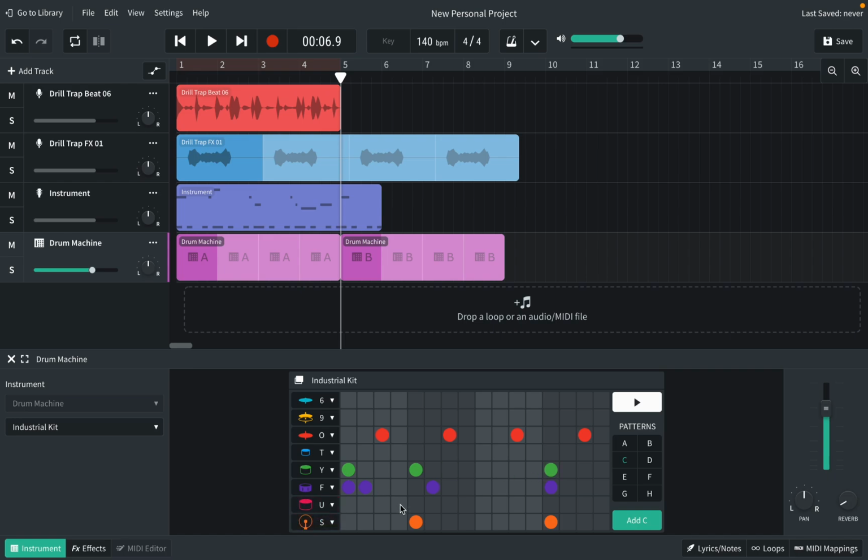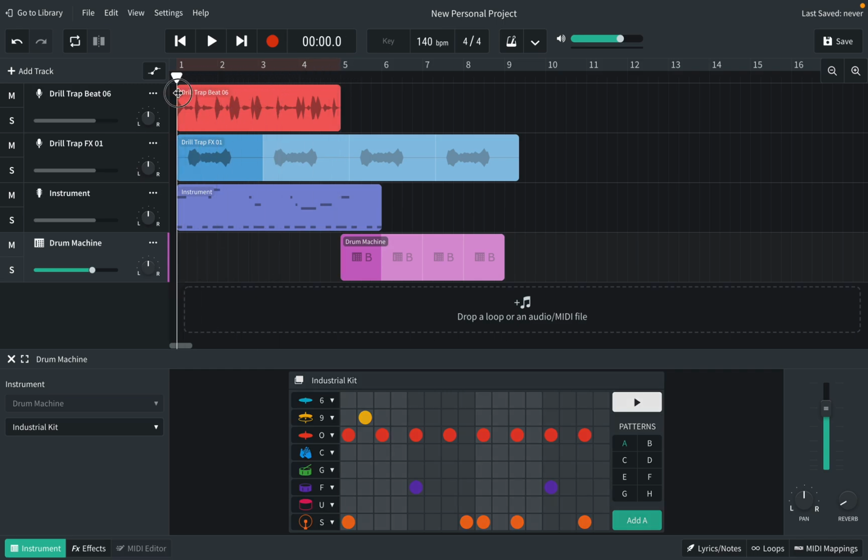Okay, so kind of an offbeat, funky sounding pattern there is pattern C. So what I can do is click on pattern A and hit backspace and just delete it. And then I'll bring my cursor back over here, and you see where it says add A, right? So if I hit add A, it would put A into here. But what I want is C, which is the one I just created. So I'm going to click add C,